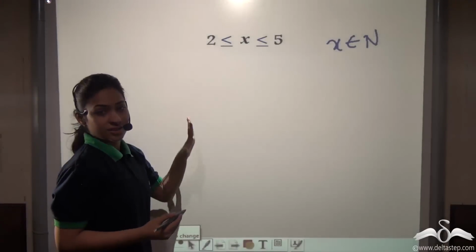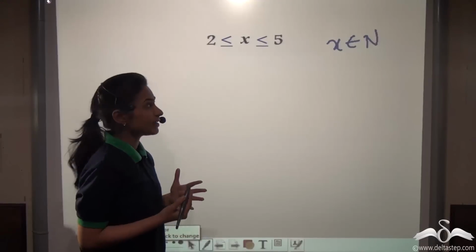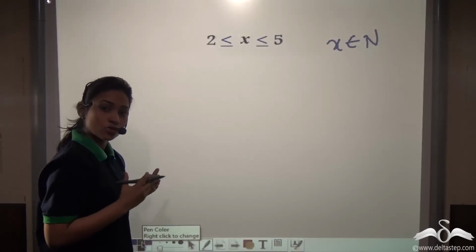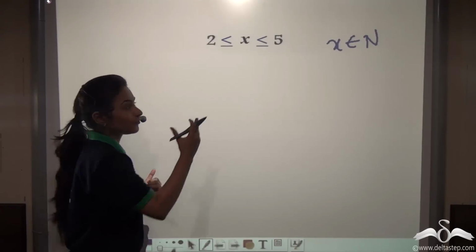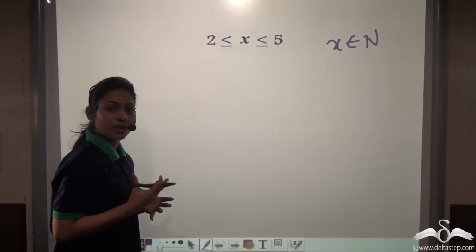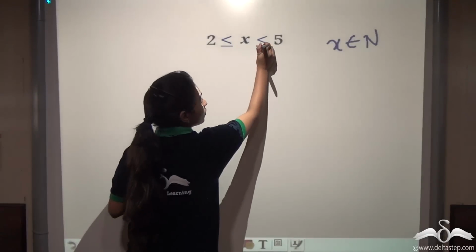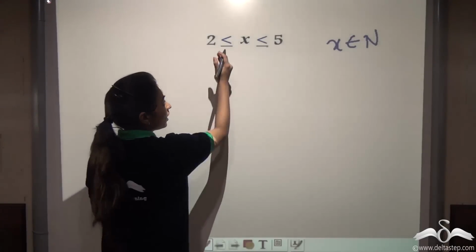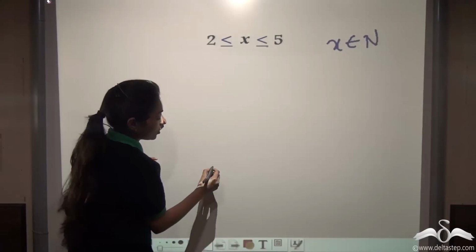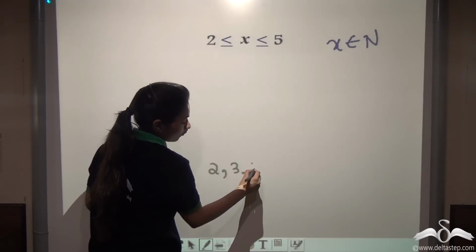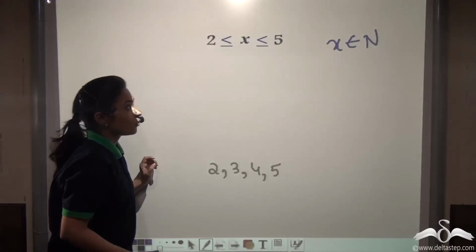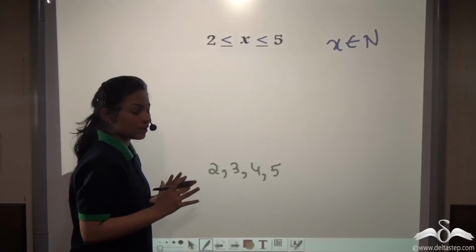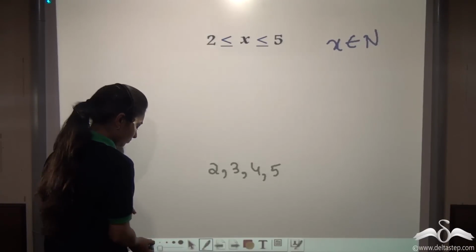Well, looking at the inequation itself, as it is a simple inequation, I can say that x is equal to or greater than 2. So the solution will be what? 2, 3, 4 and we will include 5 also. Why will we include 5? Because the equal to sign is present here. So x can be equal to 5 or less than 5. So the numbers satisfying this inequation will be 2, 3, 4 and 5. Well, this is a simple inequation, but let's solve it separately and see whether we are getting the same answer or not.